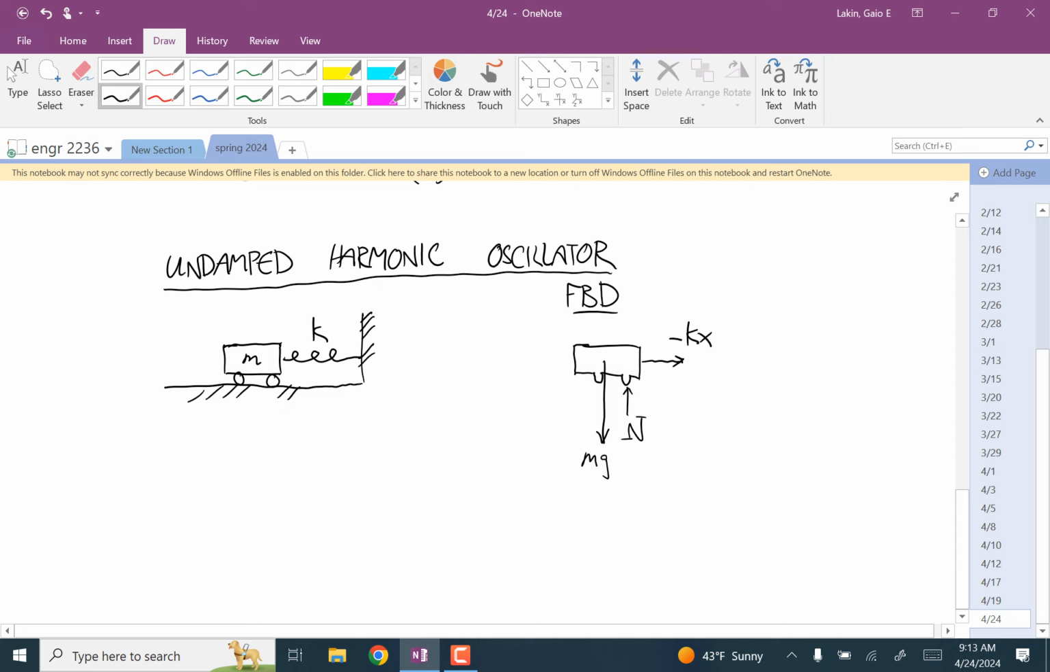I also could have drawn the arrow in the negative x direction and labeled it as kx. It's the same thing, but I put the negative in there because you often see that formula for the force, that the force applied by a spring is equal to negative kx. So in this case, the spring is pushing the cart away from the wall? When it's in equilibrium,